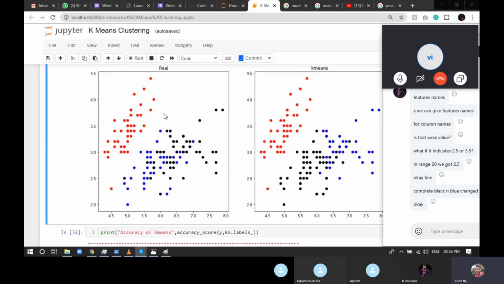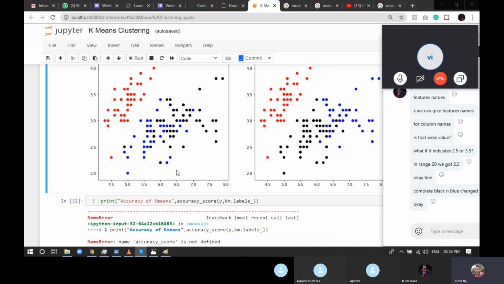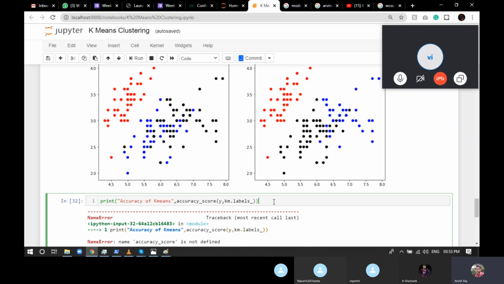If we have this kind of data, we don't generally go for k-means clustering. We go for DBSCAN or hierarchical clustering. We'll learn about them in later classes. But if you know that the clusters are going to be circular or oval in shape, or there's a high probability that they are closer in circular shape, we'll go for k-means. So we applied k-means here.